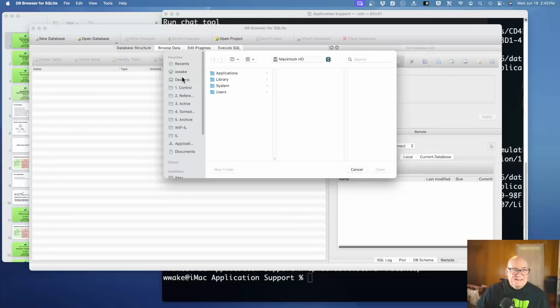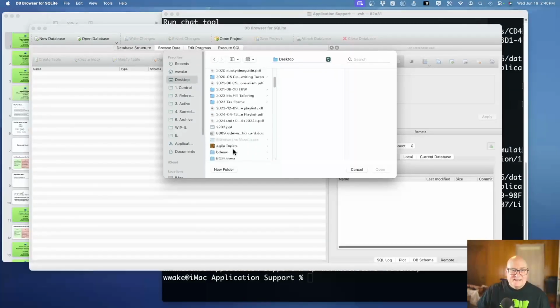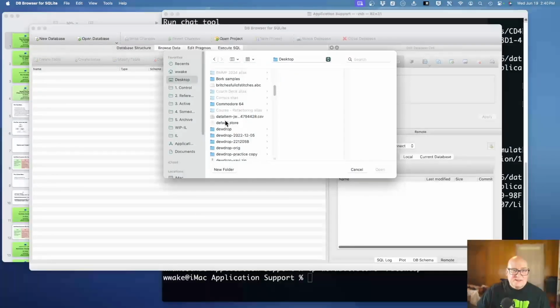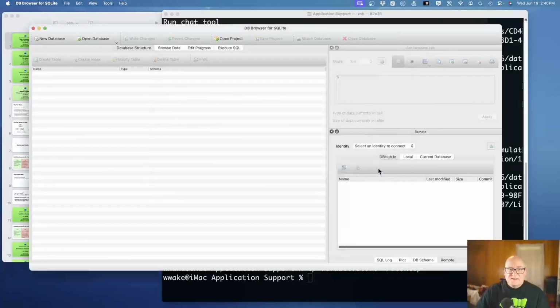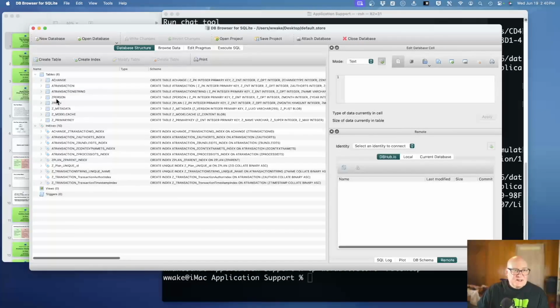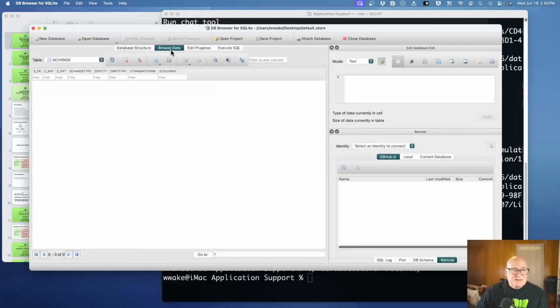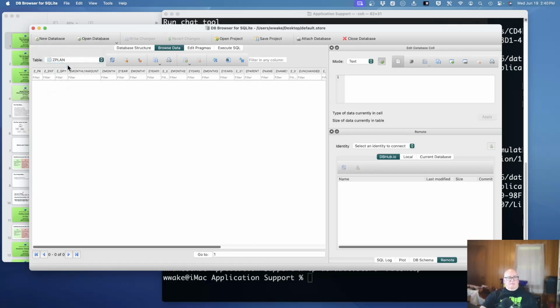Okay, so this is default.store. And it's got our person table. Nothing in it. And if person doesn't have anything and plan doesn't have anything,